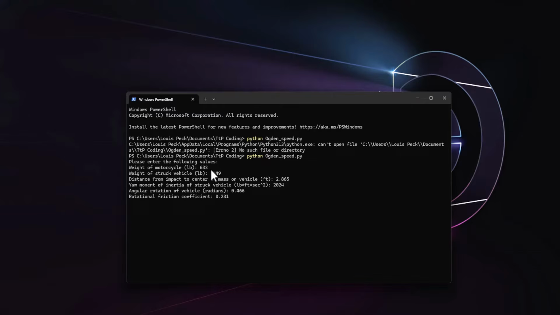Here it's rotational friction coefficient. It's calling it one thing. So normally I would want that to be the coefficient of friction multiplied by the efficiency factor. So coefficient of friction, something like 0.7. Efficiency factor in this case is 0.33. Multiplying those out, it's 0.231. And then the wheelbase of the car is 9.21. So then we get the impact velocity of the motorcycle is 58.9